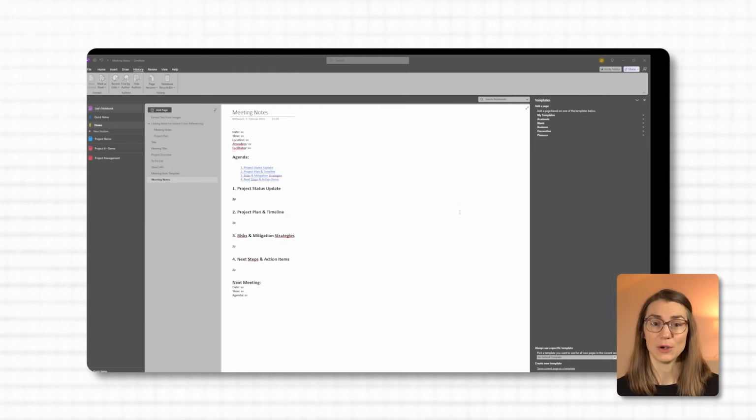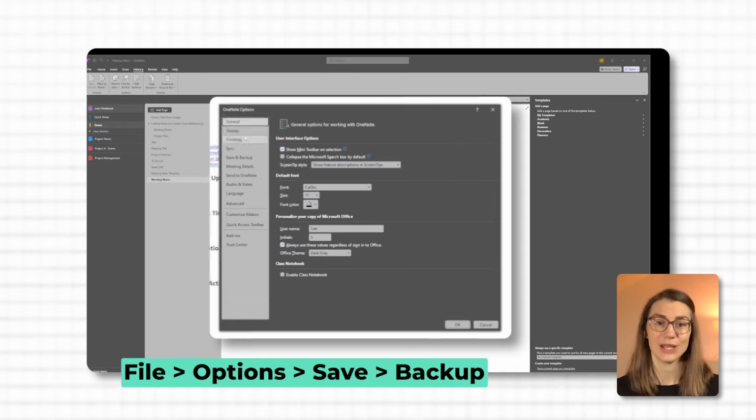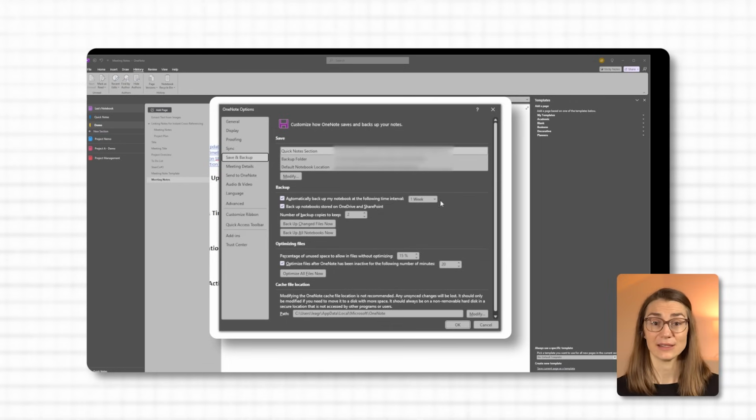In addition to page versions, OneNote also has a built-in backup system to protect your entire notebook. By default, OneNote periodically saves backups to your local drive. To ensure this is set up, go to File, Options, Save and Backup, and you can customize the backup frequency and location. If anything ever goes wrong, like a corrupted file or accidental deletion, you can easily recover your notes